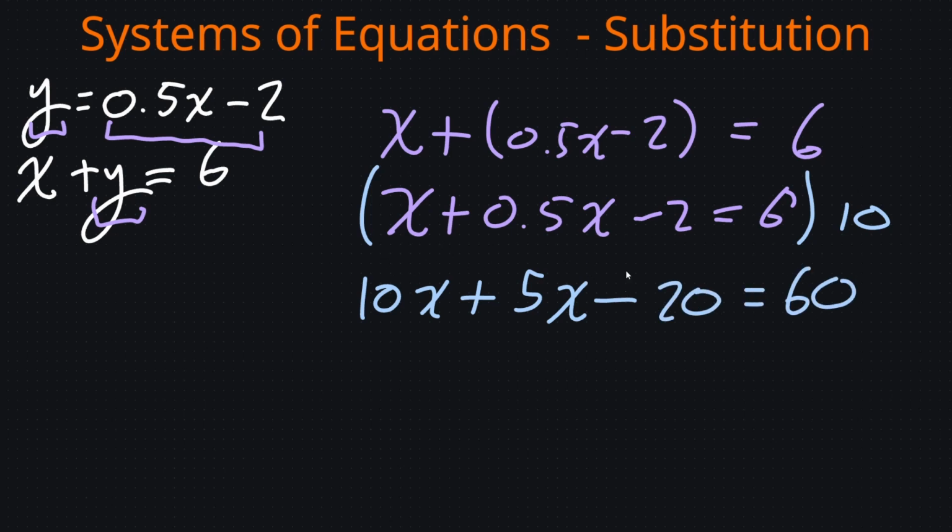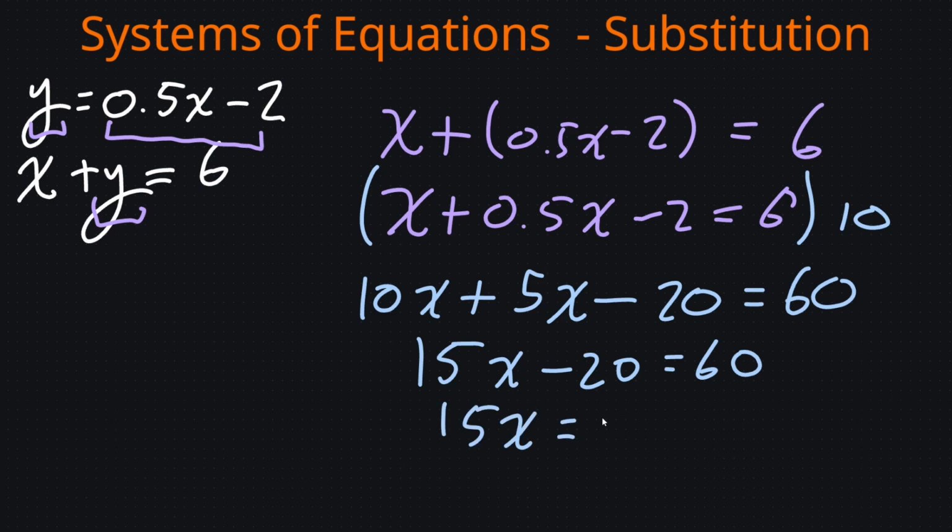Now, this is still the same equation, just rewritten to look a little nicer and not have any decimals. And I can combine like terms to get 15x minus 20 equals 60. I will add 20 to both sides to get rid of that minus 20. 15x is equal to 80. And then I'm going to divide by 15 on both sides to get rid of that 15. And this leaves me with x equaling